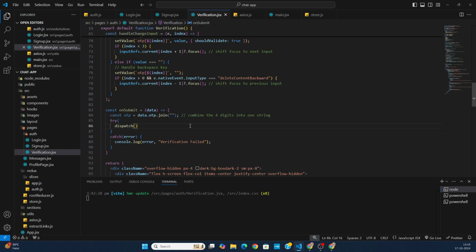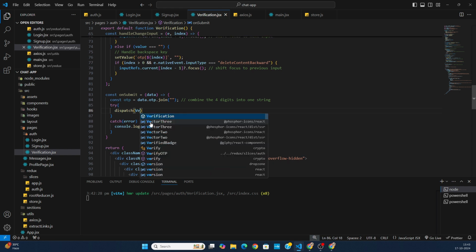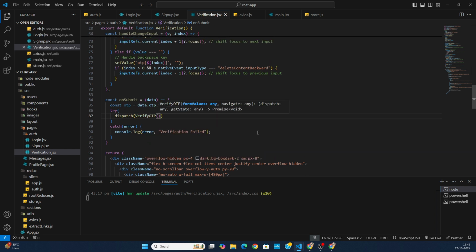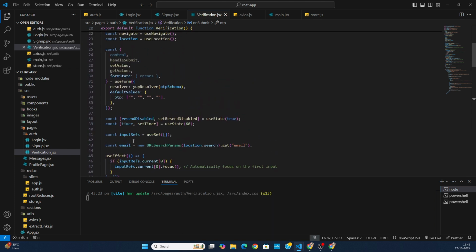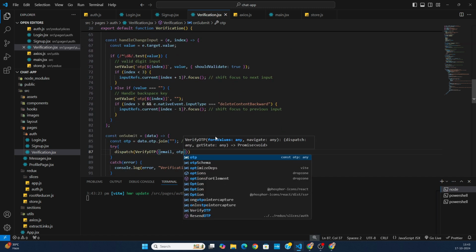So we can go back to our verification page, and inside this dispatch, first of all we have to call verify OTP, and it's going to come from Redux slices auth. Now inside this, the first thing we need to pass is an object containing the email and OTP. Let me tell you that this email is coming from the URL. So you can see we have extracted the email,